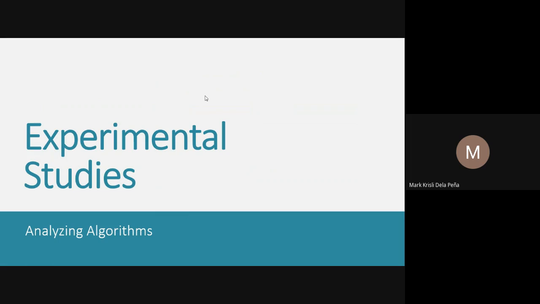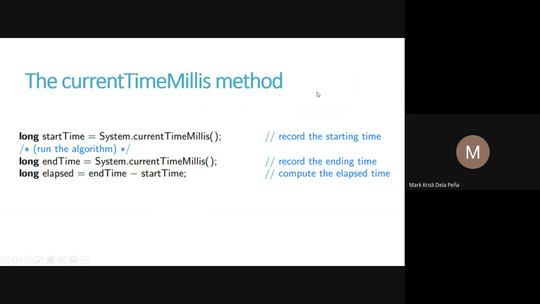Meaning we will be analyzing the algorithm based on experiments. We will be inputting different sizes of n, then we will check the time of execution. Now, in Java, we will be using the currentTimeMillis method. This method returns a time value in milliseconds. So we will use System.currentTimeMillis